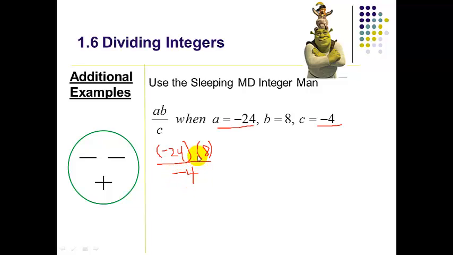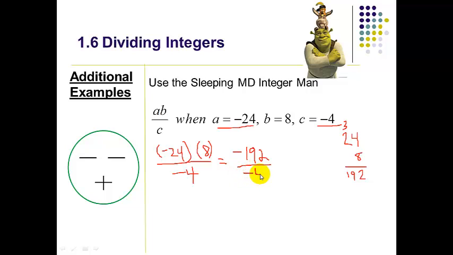Okay, there are a couple ways to solve this. First of all, if you do 24 times 8, 8 times 4 is 32. 8 times 2 is 16, 17, 18, 19. Remember, it's a negative times a positive, so it equals a negative. Negative 192